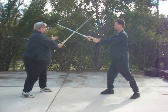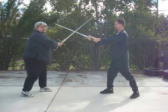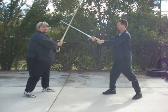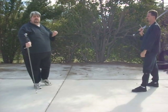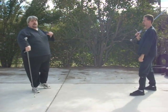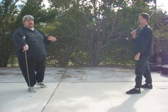Who's in charge of this bind now? Who's controlling this bind now? Nobody. The person who wins is the person who moves first from the bind. This is not good art. Good art takes control of the engagement and wins it on art, not on physical ability, speed, hand speed, timing,